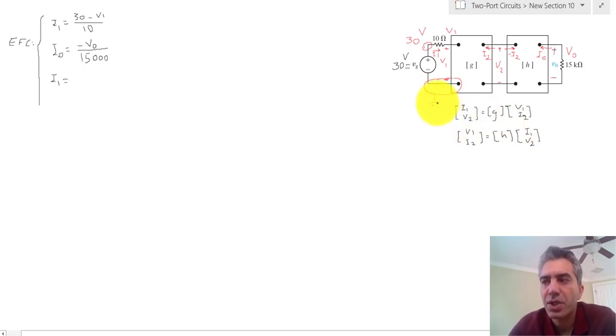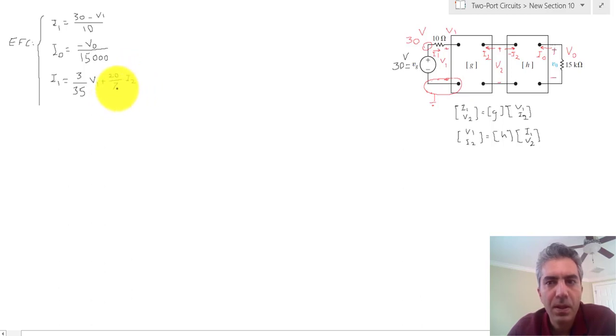And the values for G's are given. So G11 is 3 divided by 35, so 3 divided by 35 V1, plus, and the value G12 is 20 divided by 7. So 20 divided by 7